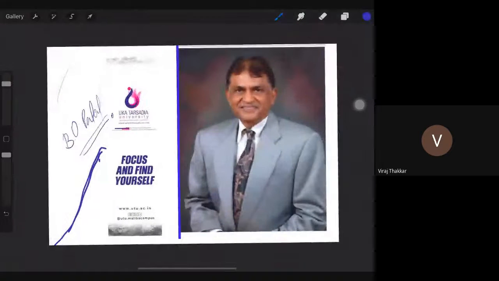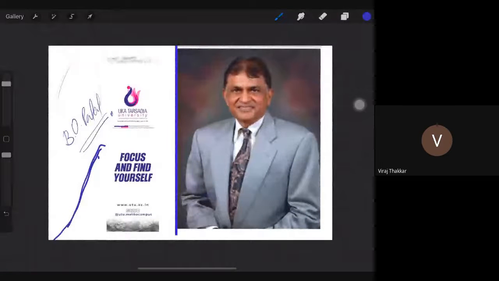So suppose you want to make a hoarding of 50 feet by 50 feet and put it up near VR Mall, and you try to make it in Photoshop at original size, you won't be able to, your PC will hang, it doesn't have the capacity. 50 inch by 15 inch into 300 dpi, just think. So for that you need to make it in CorelDRAW. When you make a normal design, suppose 10 inch by 10 inch, and then when you want to save it as 50 feet by 50 feet, just export it. When you export it, it takes time, otherwise it will work. So that is the difference between vector design and bitmap design.